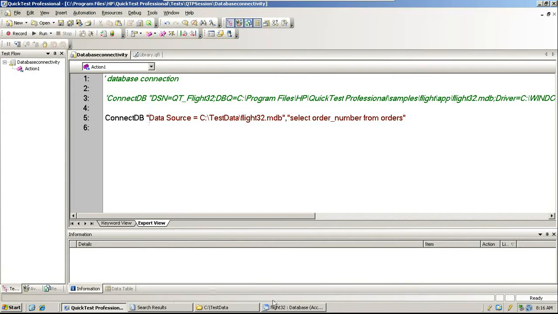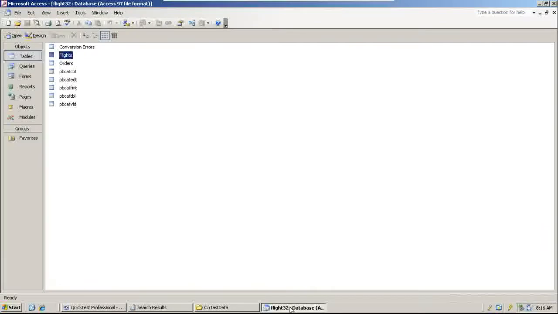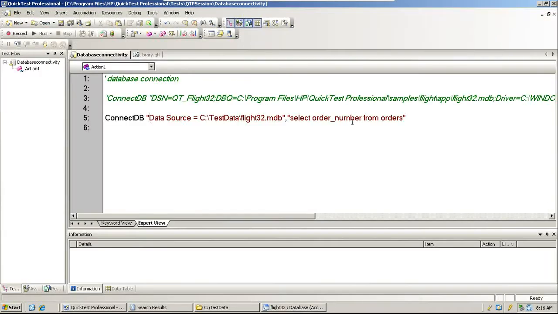So this time I am going to change my database SQL query: select flight underscore number from flights.